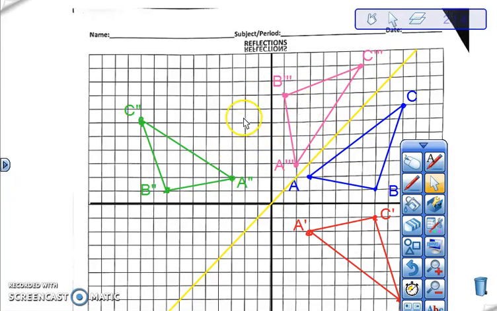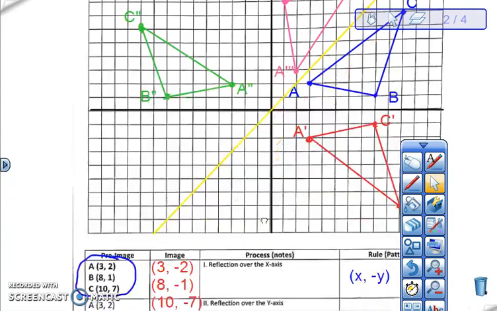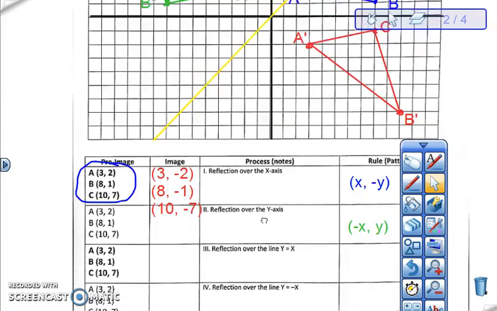So if we did it right, the yellow line should be right in the middle, and it looks like it is. So if we find our new points,